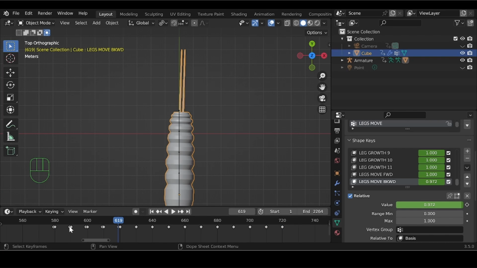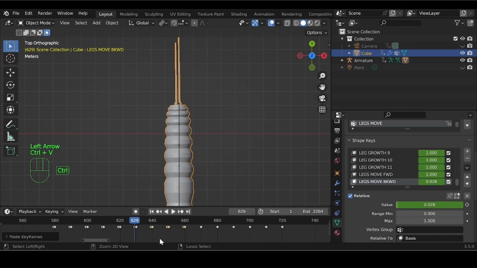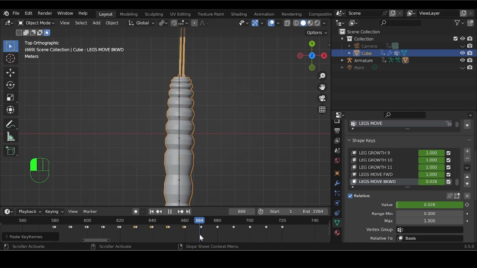So I'll select 589, hold down Shift and select 599, select 609, and select 619. Then I'll press Ctrl C to copy, go to frame 629, and paste. Then I'll go to frame 669 and paste again. Then I'll just manually keyframe the remaining 2 side-to-side movements to position the worm at the center of the Y-axis. So I'll go to frame 709,